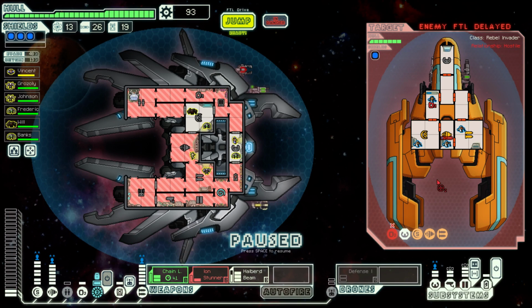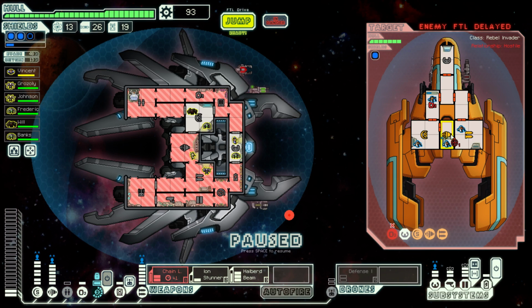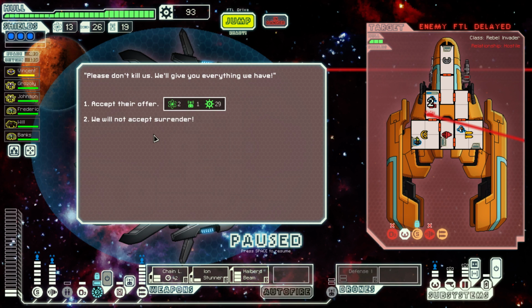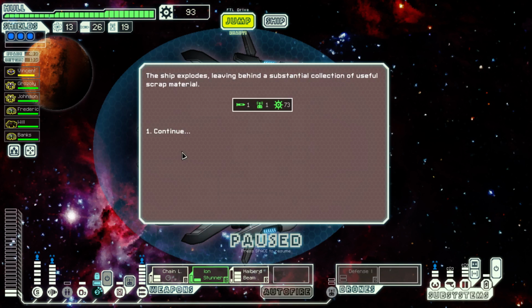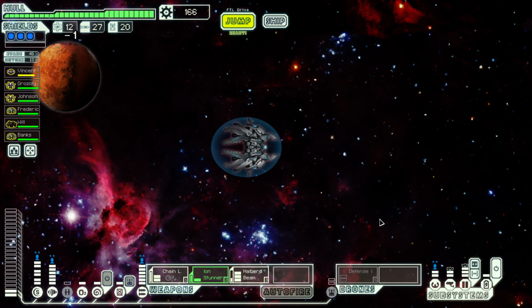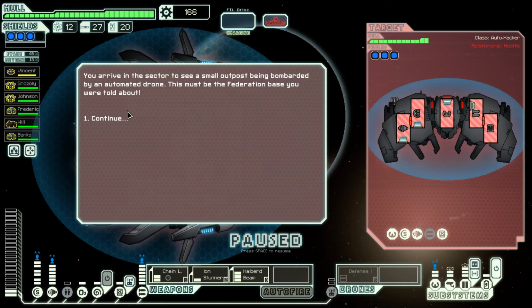So we're gonna do this. We outright killed the engine, dude. You want to surrender? We do not accept surrender. 2 fuel and 29 scrap and a drone part. Significantly better. We are just collecting scrap out the wazoo right now. Part of me wishes that I had saved some of it so that we could hit that 600, but...